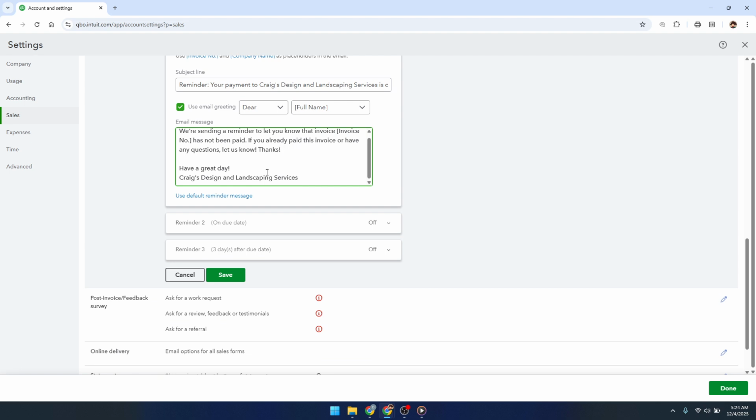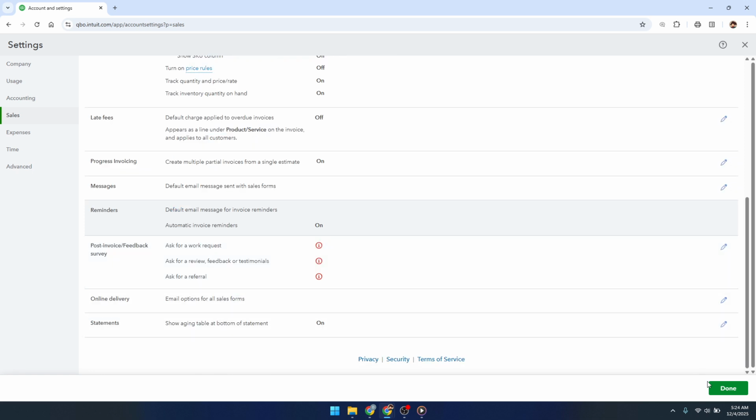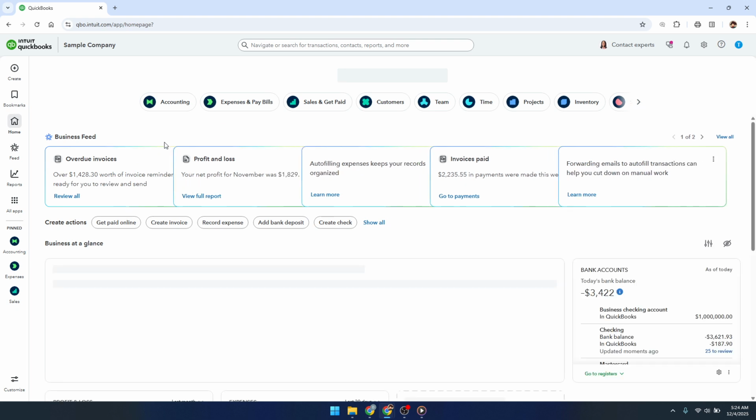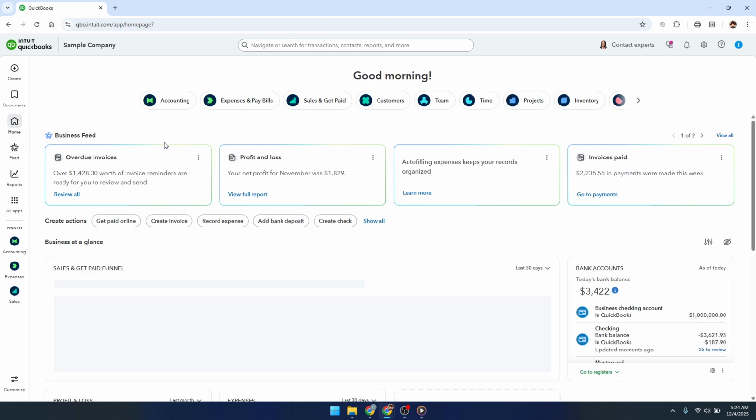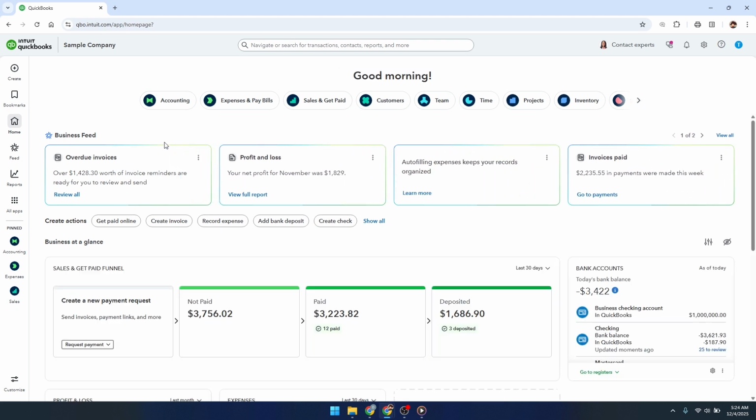When you're happy with your settings, click Save in the Reminders section, and then click Done at the bottom of the Account and Settings window. Your automated invoice reminders are now active and will run in the background, helping you stay on top of payments with less